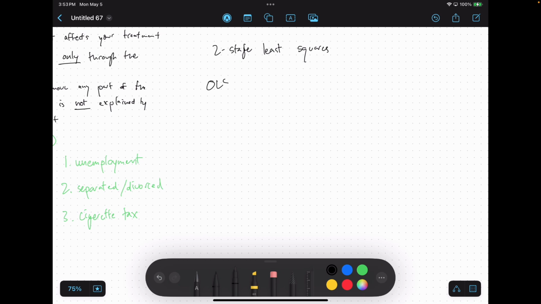So in an OLS, we would have y equals beta x plus epsilon. In 2SLS, we have stage 1. Your instrumental variable regression will do x, and this is our treatment, is equal to